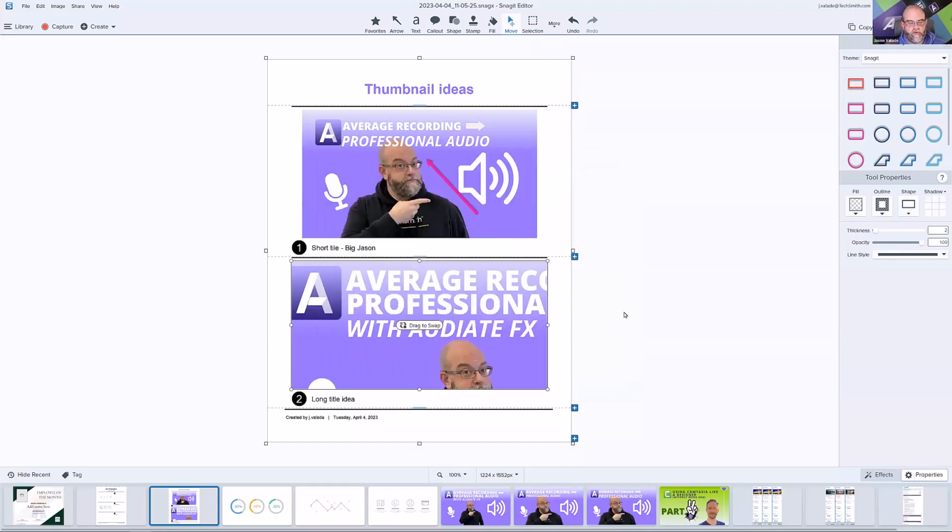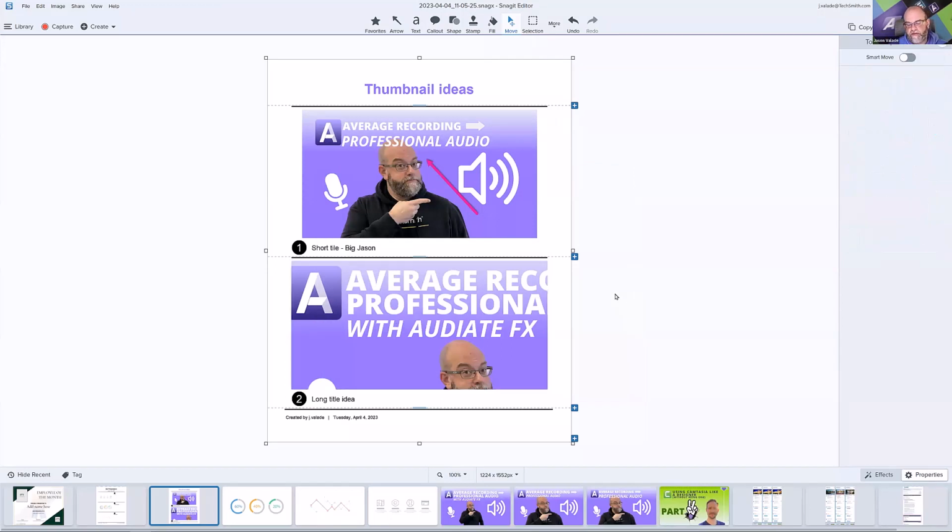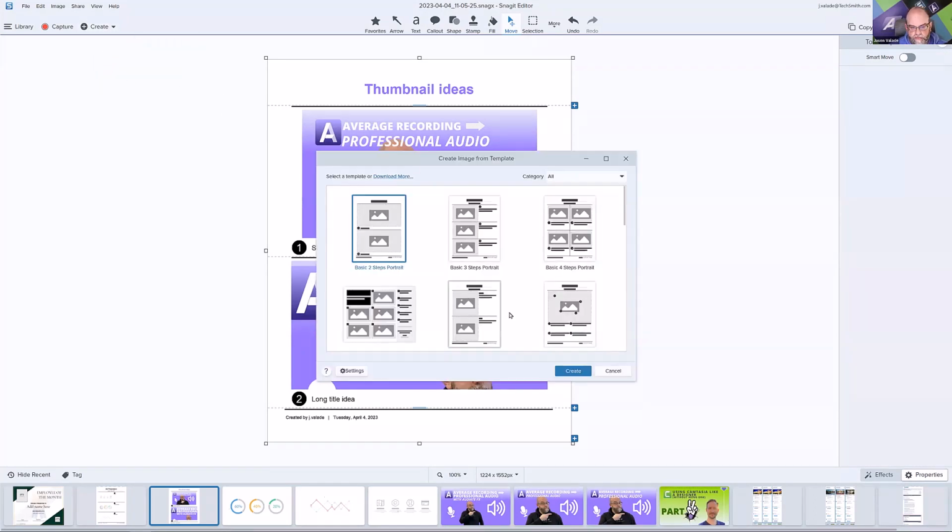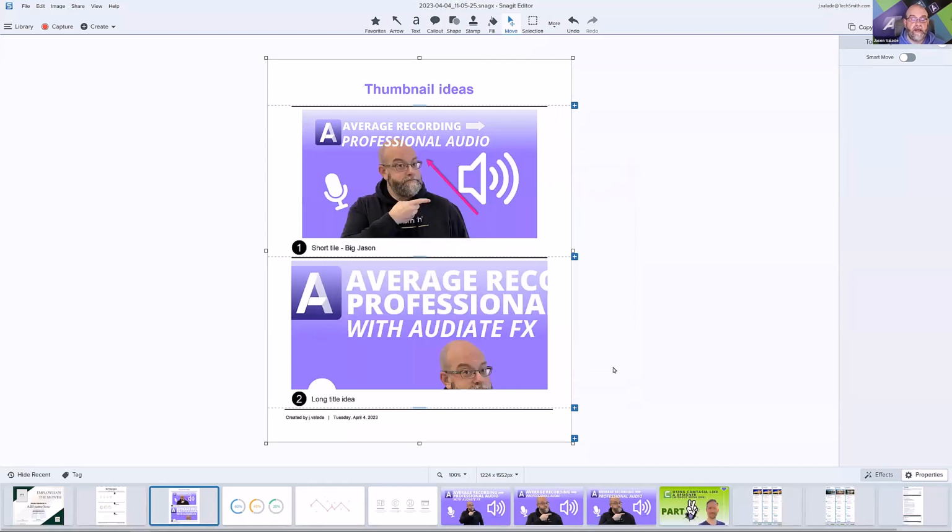So let's do a quick recap of what we covered so far. You can create an image from a template in a couple different ways. My favorite way is still to go to the create button, choose image from template, grab the style I want, and then drag items from my recent tray, especially if those images are recent. You can also multi-select images from your recent tray and right-click and choose combine in template. Or